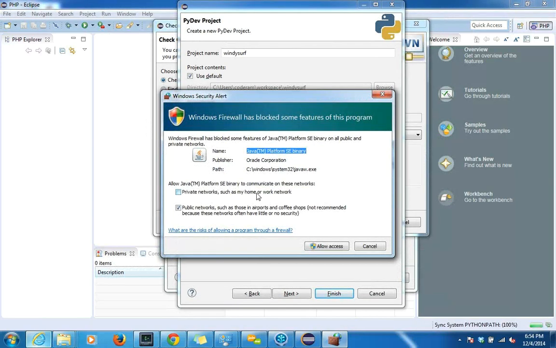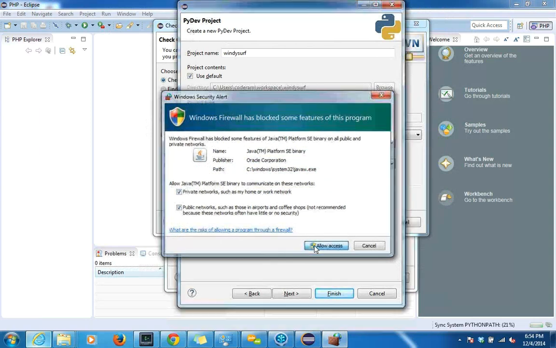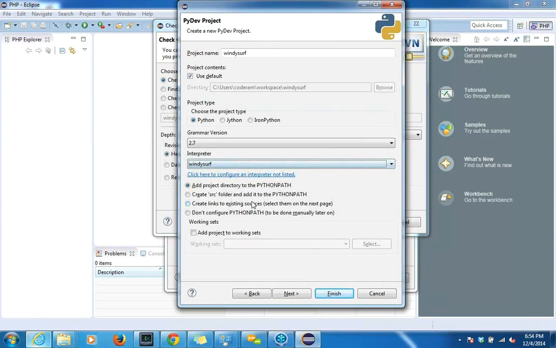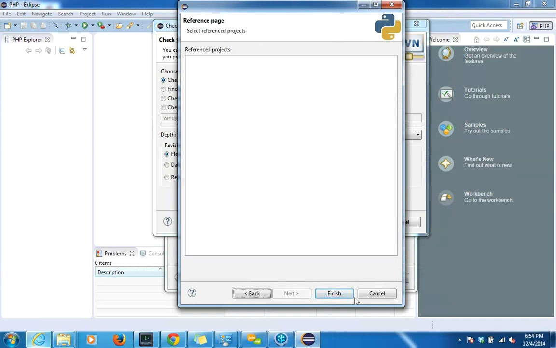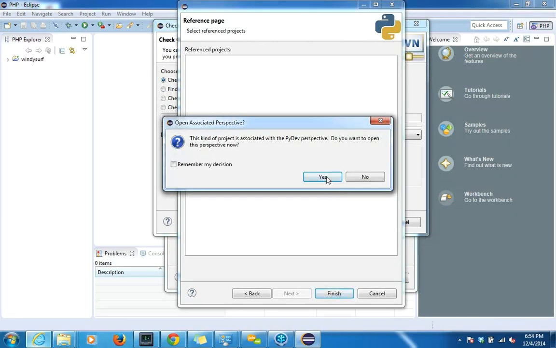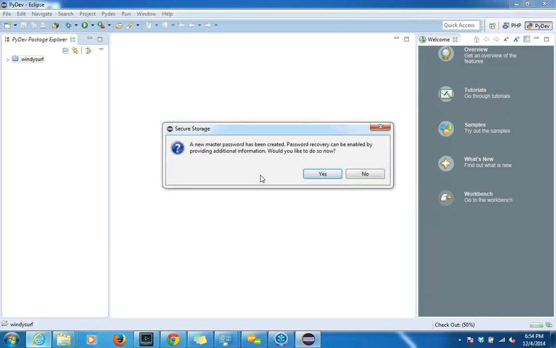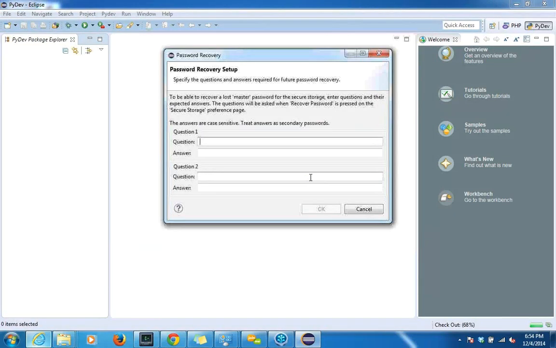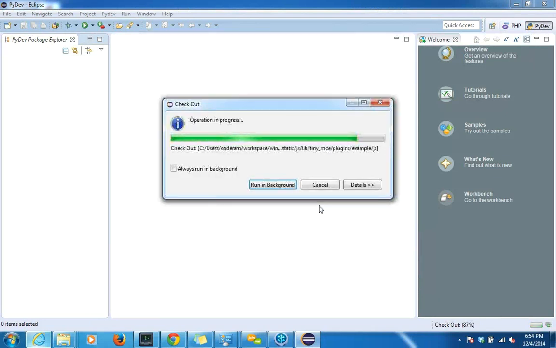Interpreter Windsurf. Private networks allow. Interpreter Windsurf. And now we're going to say create source folder, and hit next. Finish. Yes. All right. We're just going to set these silly answers. Okay, cool. It's checking out the whole project, and this is our Python Django project, which is